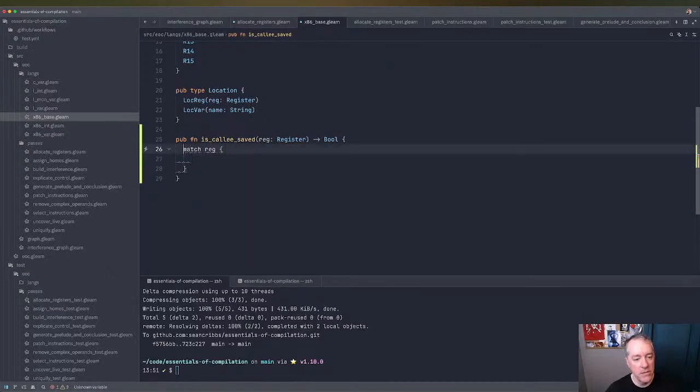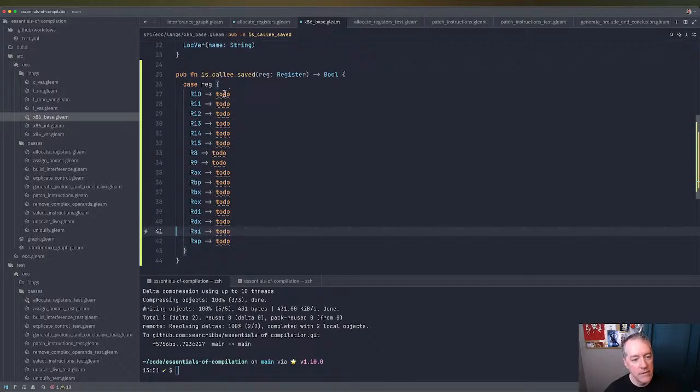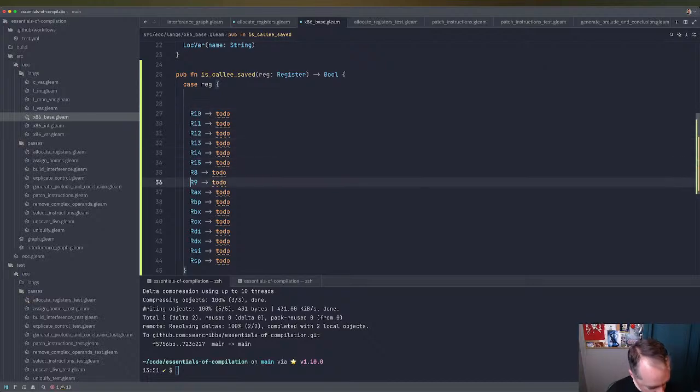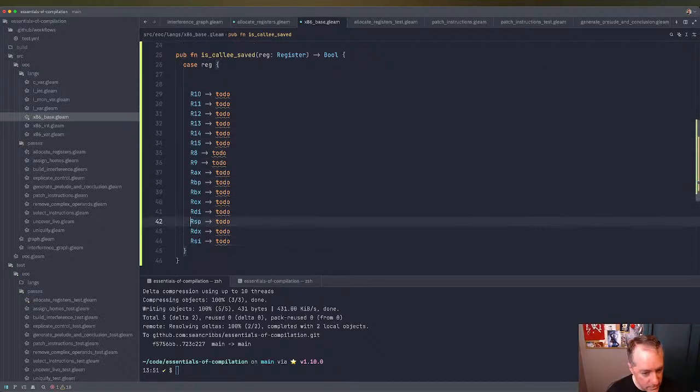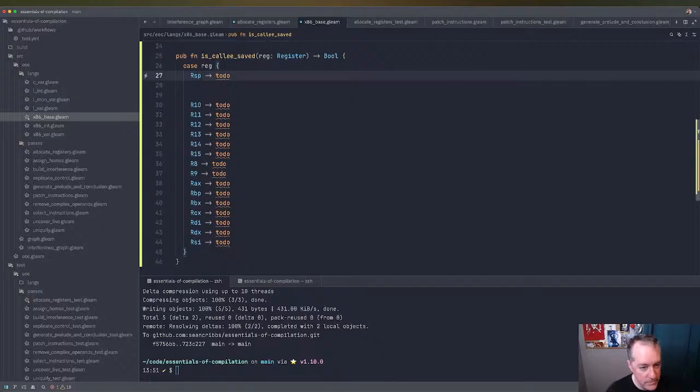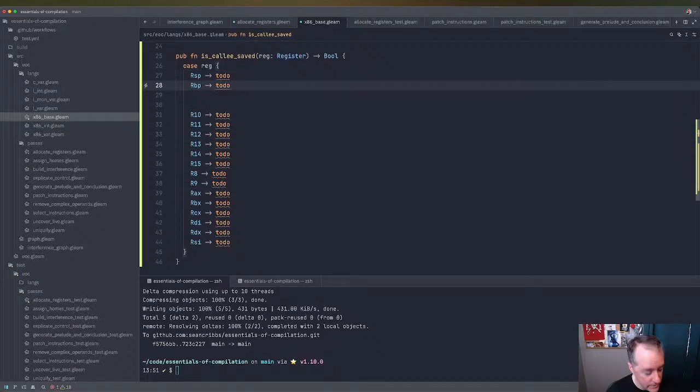Oh, not match, case. What language am I in? All right, add missing patterns. Okay, so we know that, I'm going to move this up. So we know that RSP is one of them. We know that RBP is one. And RBX,